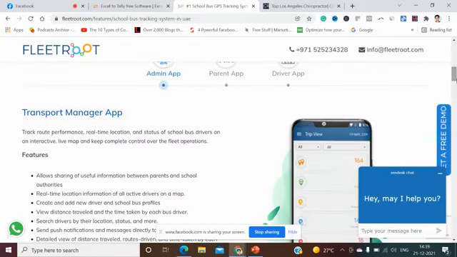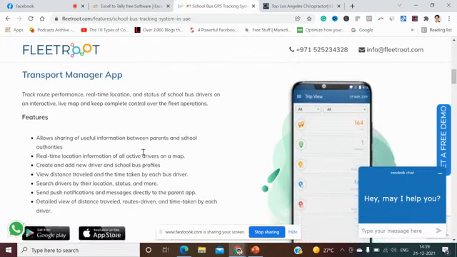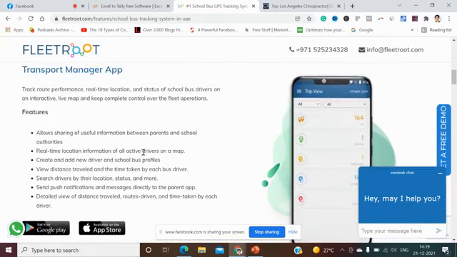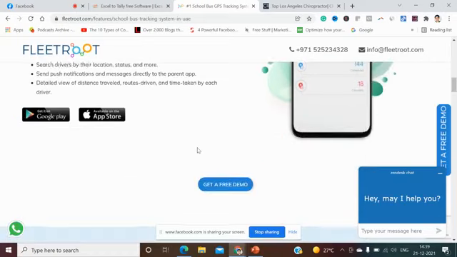For example, see here, transport manager app: it tracks route performance, real-time location and status of school bus drivers on an interactive live map and keeps complete control over the fleet operation. These are the features, the value proposition that we have integrated with the CTA in each section.